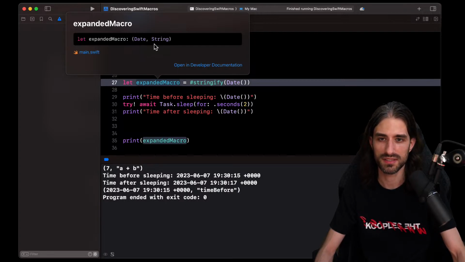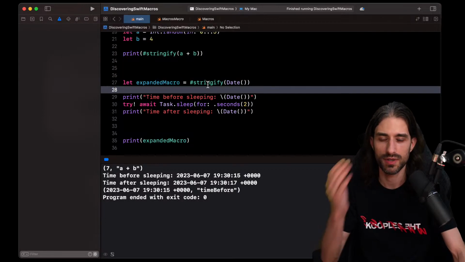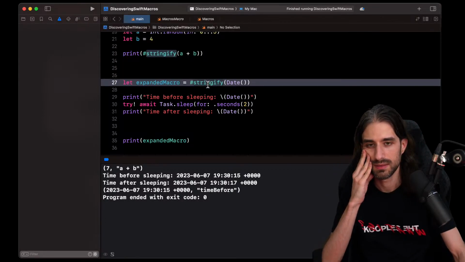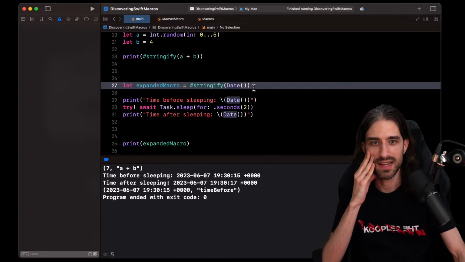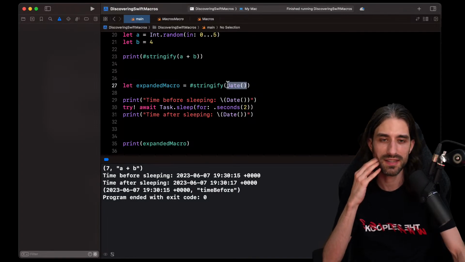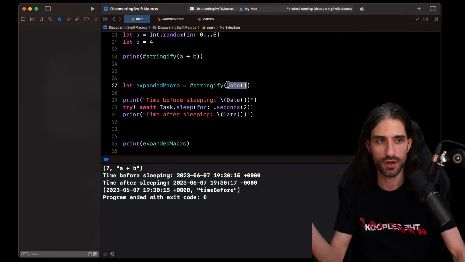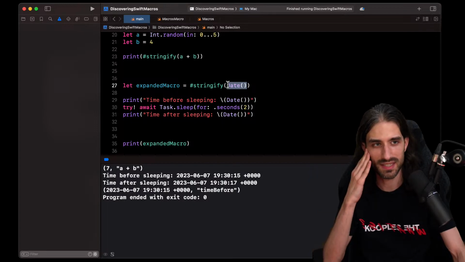So okay, what I was saying doesn't really make sense. The question I had was: will the date be set when I have compiled the code or when I have run the code? That's basically the question I was thinking.